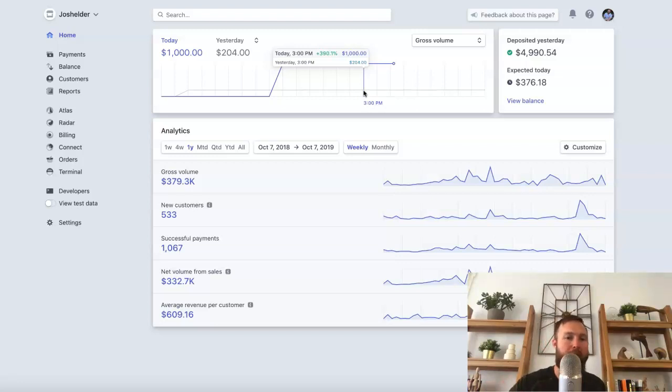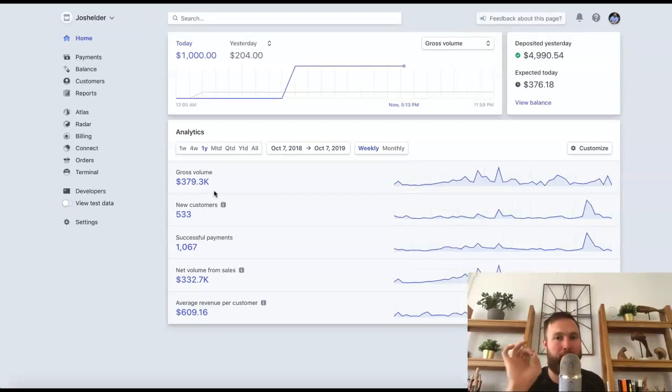So over the course of the past year, from last October 2018 to October 7th today, 2019, $379,000. This is all from free advertising strategies. Yes, you heard it right. Free advertising strategies. And I've taken home, because of course there's merchant fees and refunds every once in a while, I've netted $332,000 that's actually take home money.